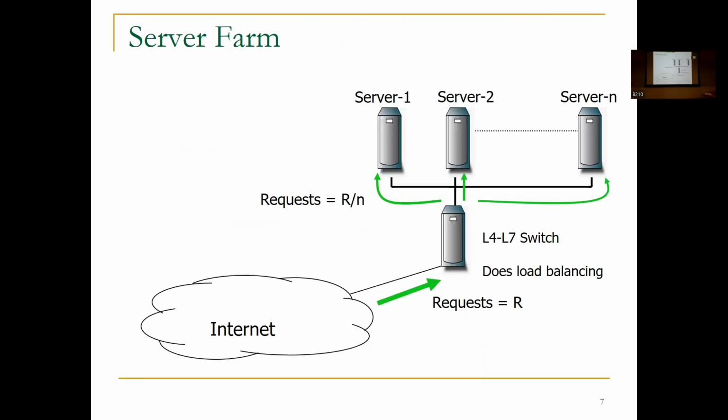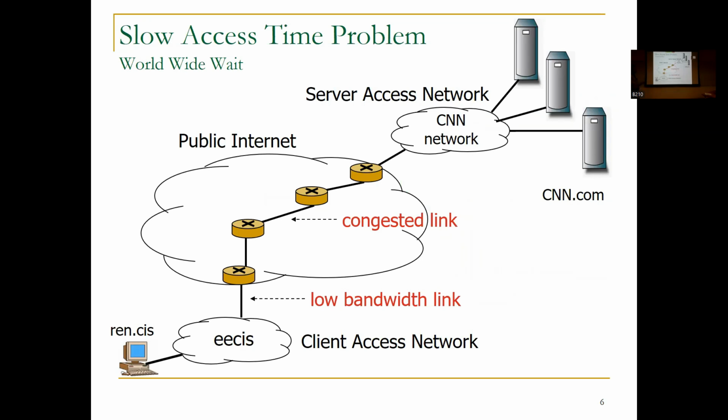So this is one solution: instead of using one server, you can use multiple servers, so that if you have R requests and you are using N servers, then the load per server will be R by N, enhancing the capacity of the server so that the entire load is distributed. It is called load balancing. With load balancing, we can somehow handle the situation, but the performance is not going to improve. Why? What are the other factors responsible for the entire performance? You can see here the internet, and the bandwidth which is used.